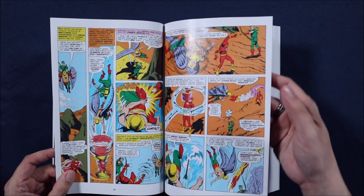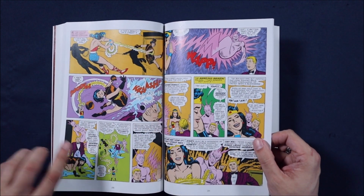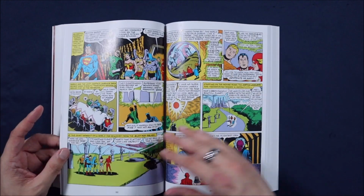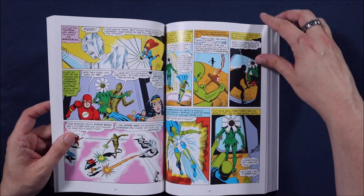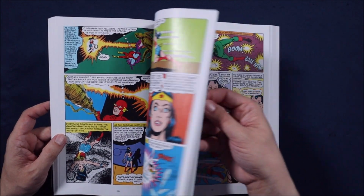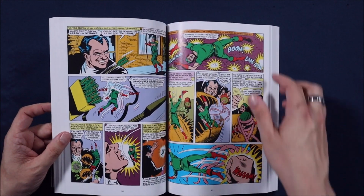So that's cool. And then you add in the JSA. I haven't really read too many of these early JSA and JLA crossovers, so this is a great opportunity to check that out. And even though this isn't, say, the first volume in the beginnings of the Justice League, that is a collection that will be got to, but this is kind of like a nice complete collection of itself to start seeing the era of DC where they started, like I said,